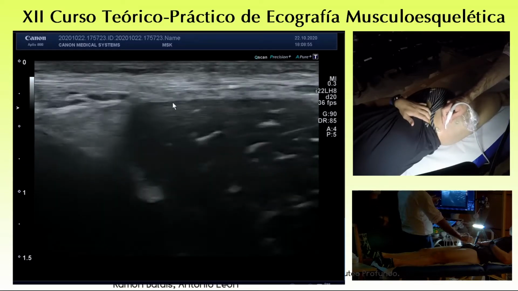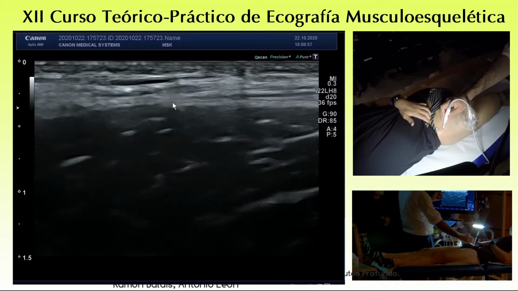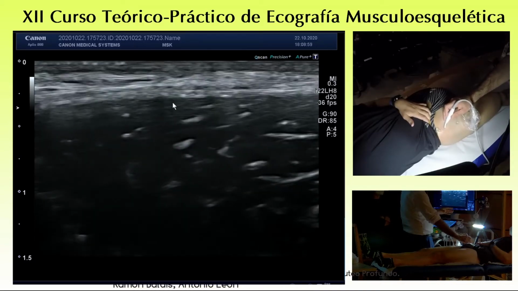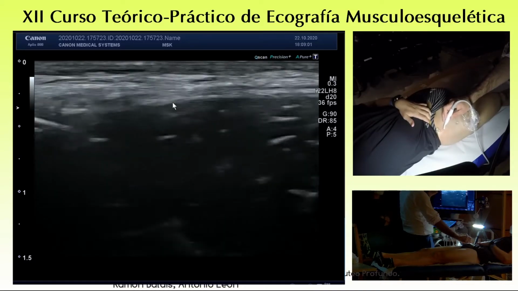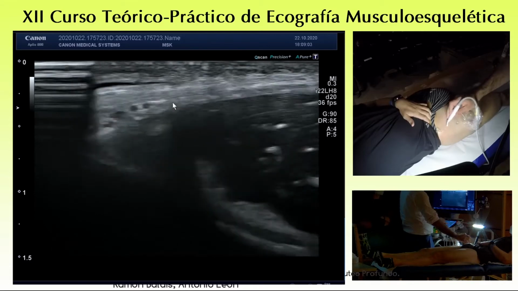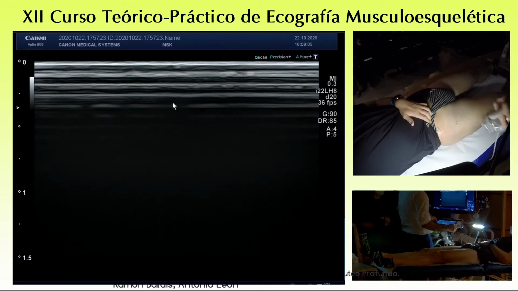Sometimes it is useful to have this probe to detect the normal nerve, but of course, when you have the pathology, even with the lower frequency probe, you see the nerve enlarged as a hypoechoic spot that could be easily visible. Okay, and moreover, you have the association with the clinical picture. Now,